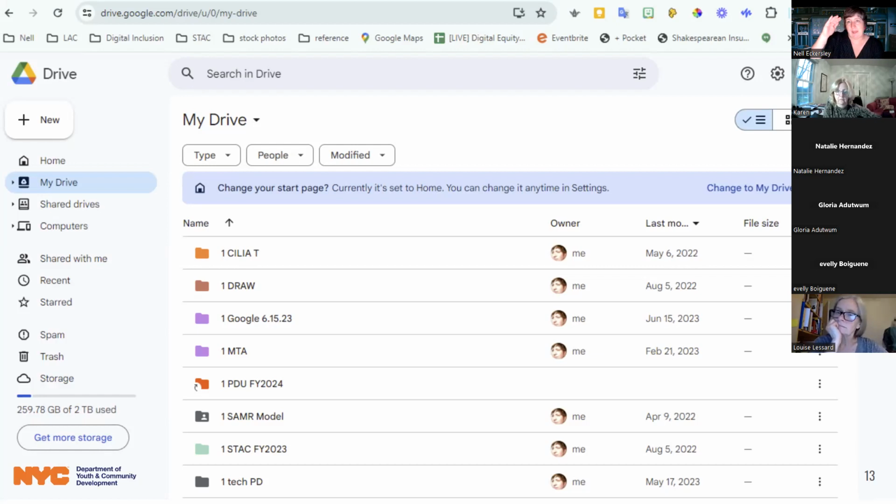The shared drives give me access to what the administrator has said, Nell can access these 5 shared drives. There's maybe 20 or however many shared drives we wanted to create, but I don't have access to all of them. I don't need to see the financial records, right? But I need to see everything to do with professional development. I need to see everything to do with Nell Eckersley's content, but I don't need to see everything that Liz Elena has created, right? She can share individually with me, but I don't get to see her whole drive. So it's a much larger enterprise level use of Google, and it does give you a lot more memory.